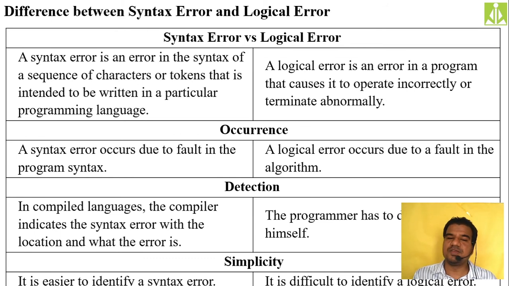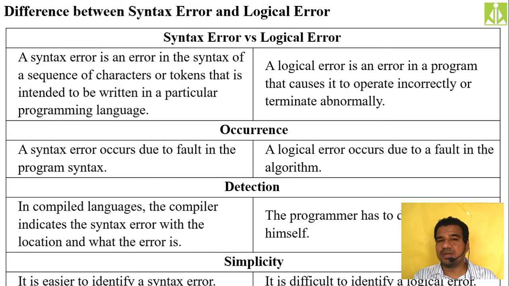The difference between syntactical and logical errors I have given in tabular form. The first one, syntactical error versus logical error. What is a syntactical error? If we make some mistake in the programming language syntax, we get a syntactical error. And a logical error, we are not violating the rules of the programming language.